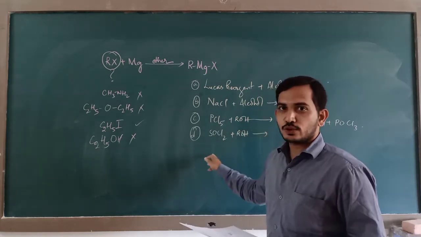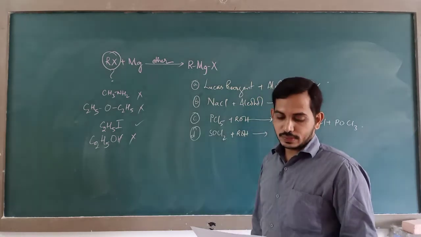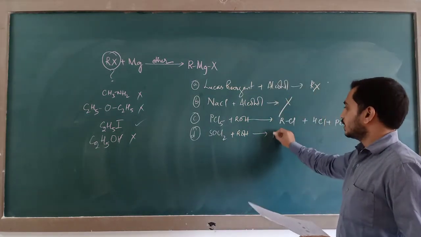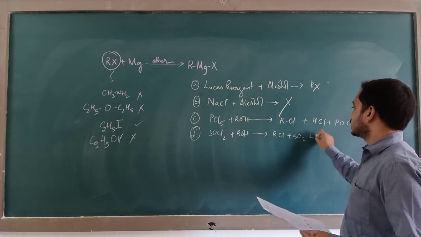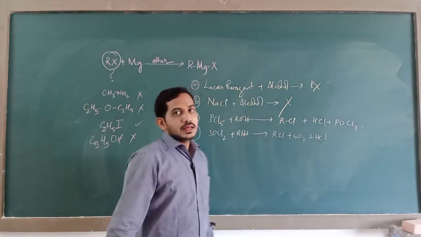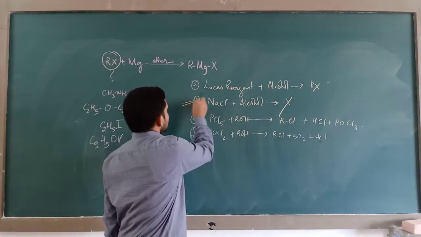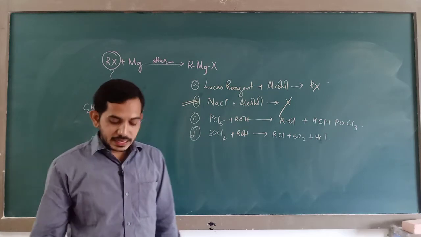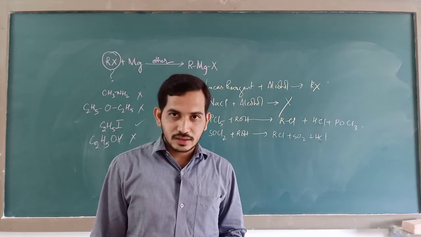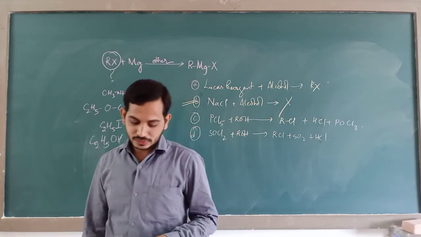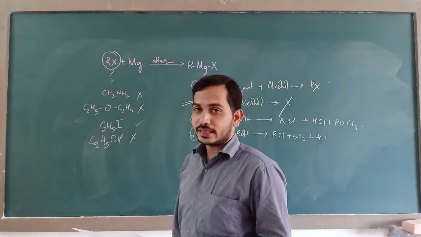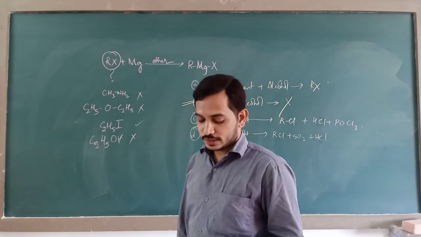I think you have just solved one such question. That question number was 6th question. So if an alcohol is reacting with thionyl chloride, you will get RCl plus SO2 plus HCl. So among the 4 options, the one by which you cannot prepare alkyl halides or haloalkanes is the second one. By reacting alcohol with salt, sodium chloride, you cannot prepare haloalkanes or alkyl halides. What was the question number? It was 10th. Now let us see 11th question.